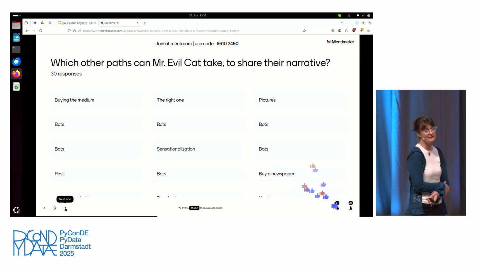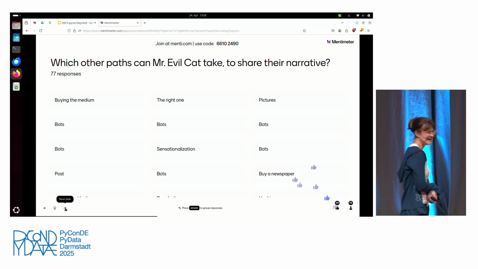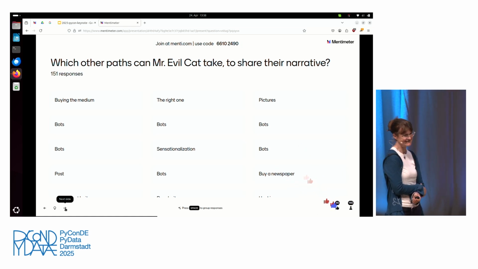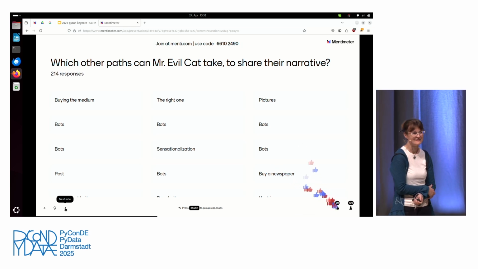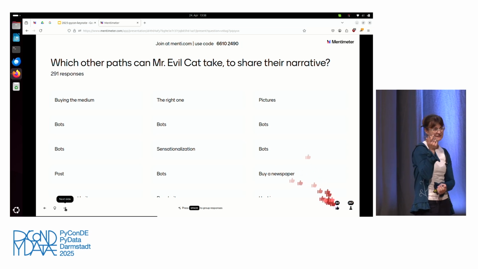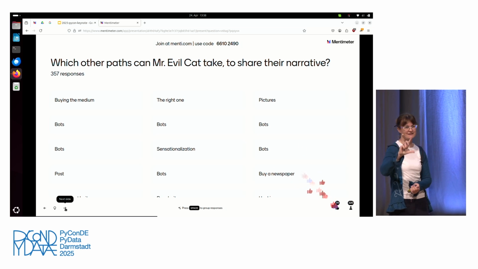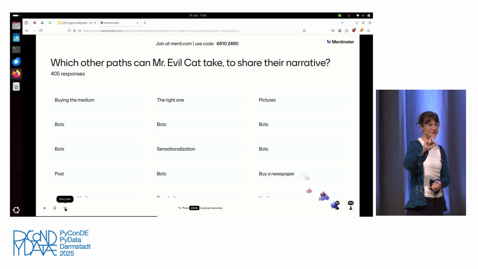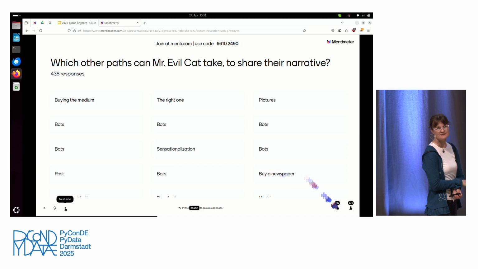I love the buying the medium. A couple of years ago, I wouldn't have thought that would be possible. Lots of bots there. Some things that became obvious to me only 2 years ago, maybe. There are some large accounts, and if you follow them, and if you make the mistake of reading the comments, that's a nice ad tech vector as well. If someone has a huge following and you want your message out to many people, just put it as a comment underneath these people.